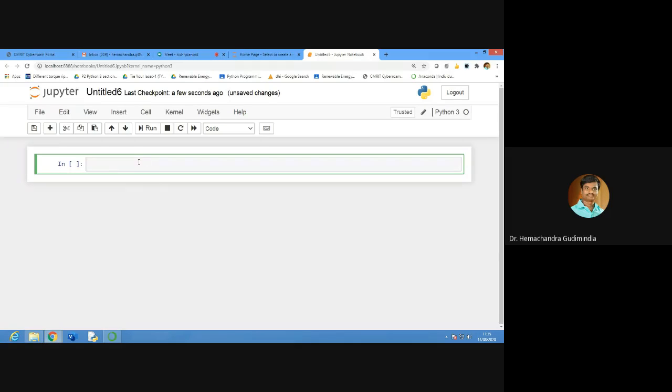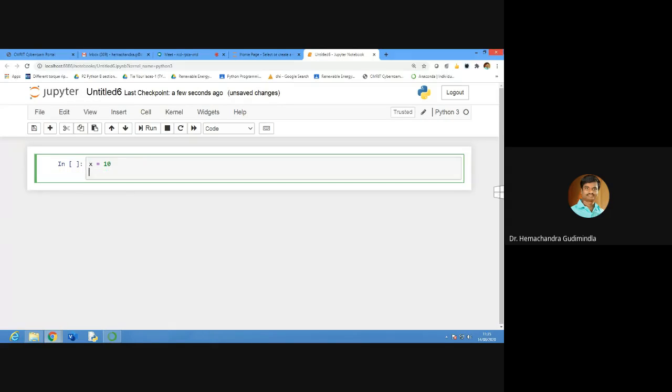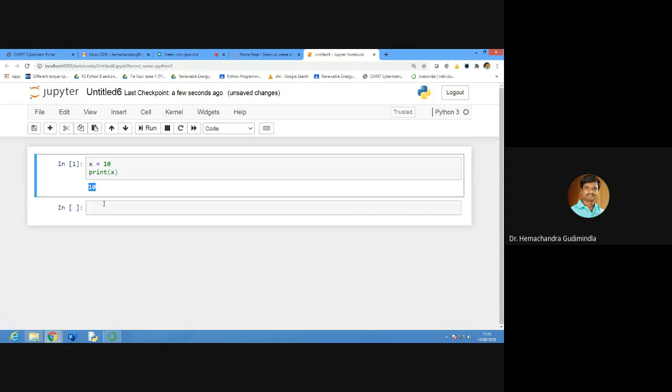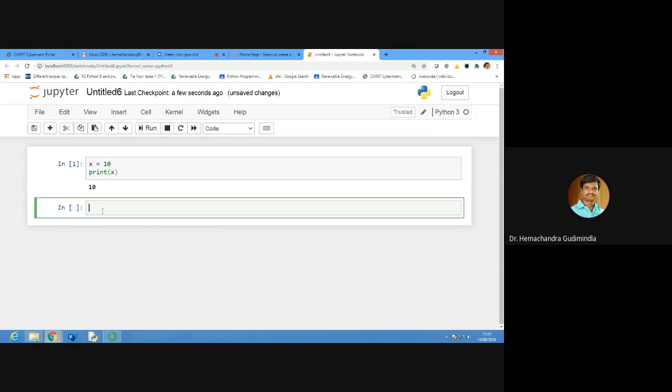Now onwards, for example, why I have chosen this one, the only advantage is, for example, x is equal to some 10. Print of x. So if I run this program, immediately you can see the output here only. No need to change the windows. Okay, I hope you understand. In the same way, whatever programs I'm writing in this window, it will work in mobile as well as in the IDLE. So I will introduce new things. You have to learn step by step only.